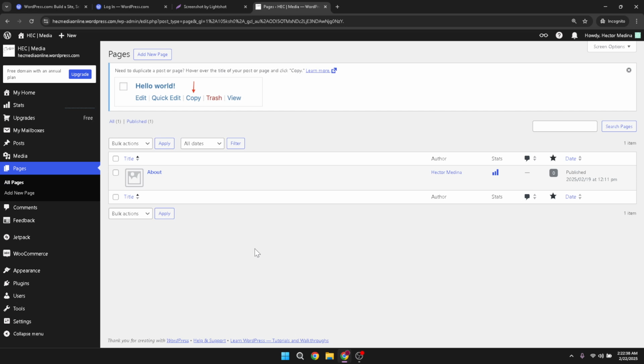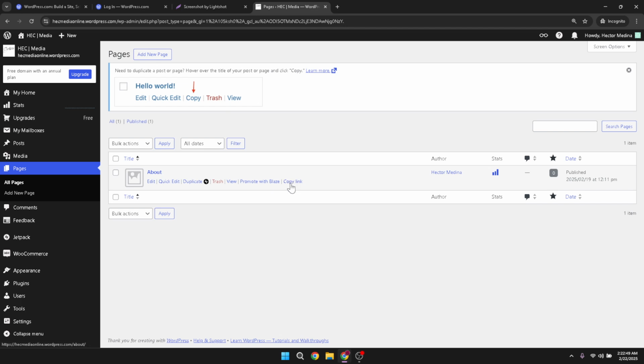To get the link for a specific page, hover your mouse over the title of the page in question. This action typically reveals a set of additional options related to the page. Among these revealed options, there's one that says Copy Link. This is the magic button that allows you to get the link to your page effortlessly. Click on Copy Link, and just like that, the link is copied to your clipboard.